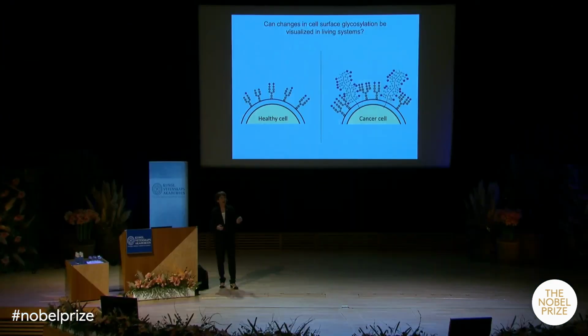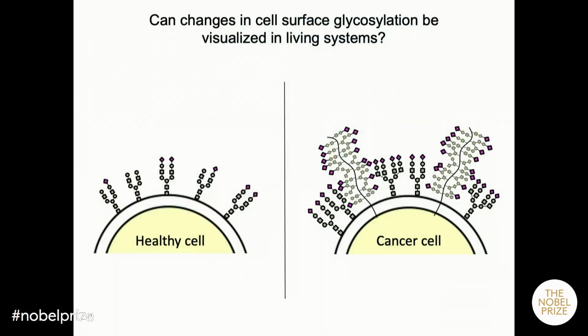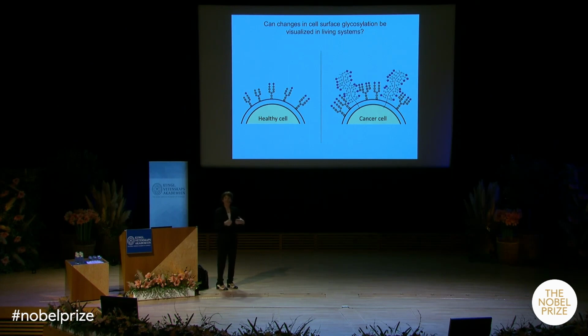Now, as I mentioned, chemical biologists often develop new technologies in response to an unmet need in biology. And in my lab, the unmet need that we became interested in was to study changes in cell surface glycosylation. That's another word for the complex carbohydrates that decorate the surface of all of our cells. And even back in the 1990s, there were decades of literature showing that when cells undergo a transformation of their state, there are changes in the patterns of cell surface glycans.